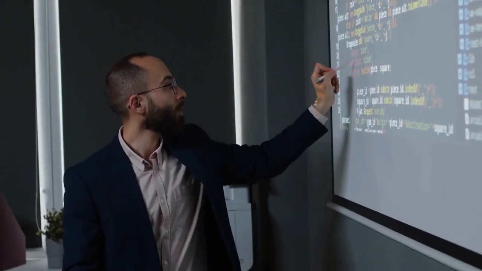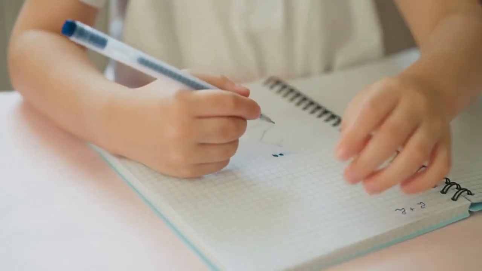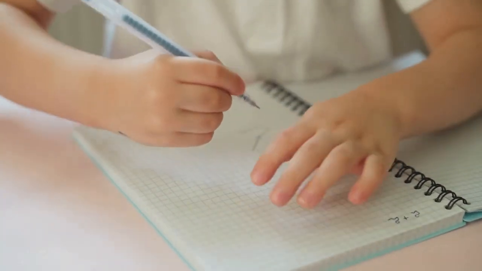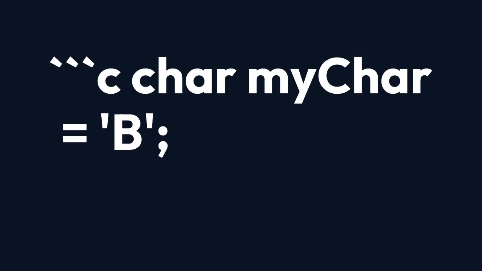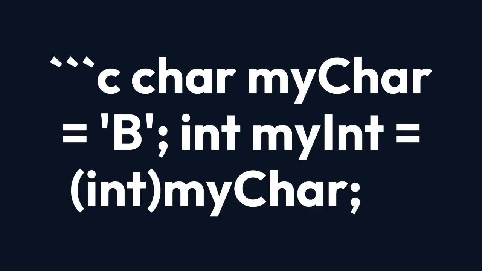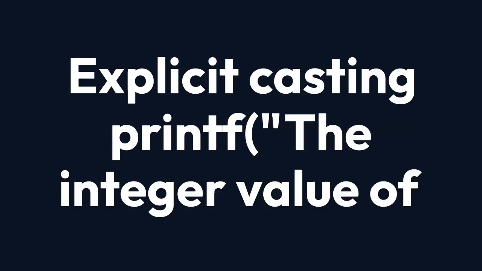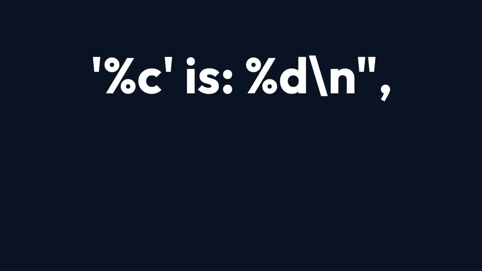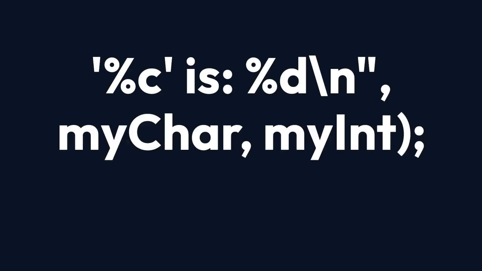2. Explicit casting. For better clarity and to emphasize the conversion, you can use explicit casting. This involves using the cast operator before the char variable. For instance: char myChar = 'B'; int myInt = (int)myChar; printf("Explicit casting: The integer value of %c is %d", myChar, myInt);